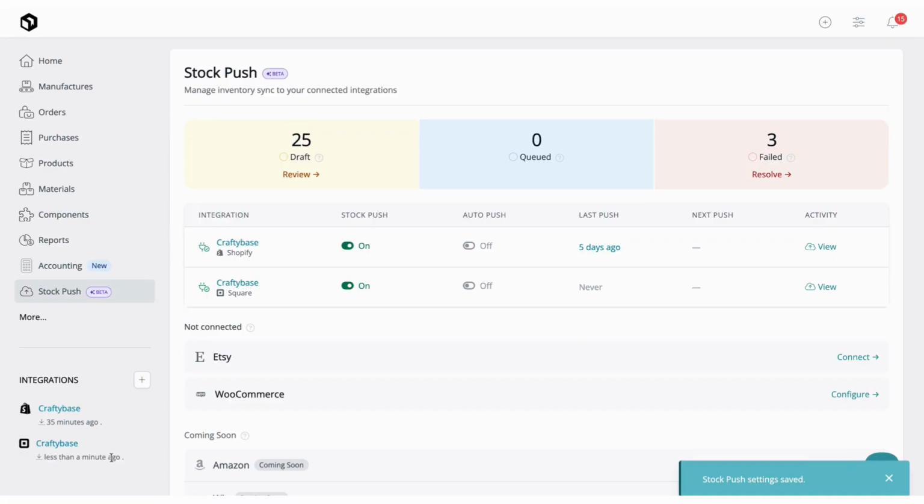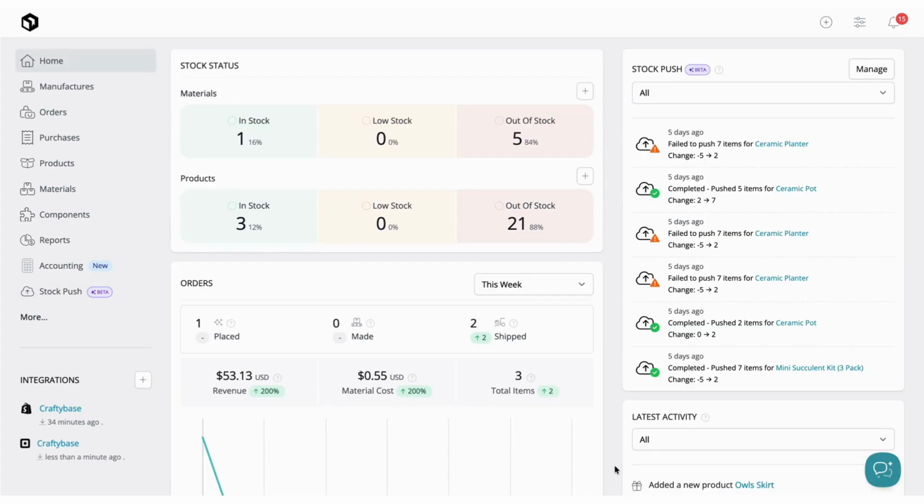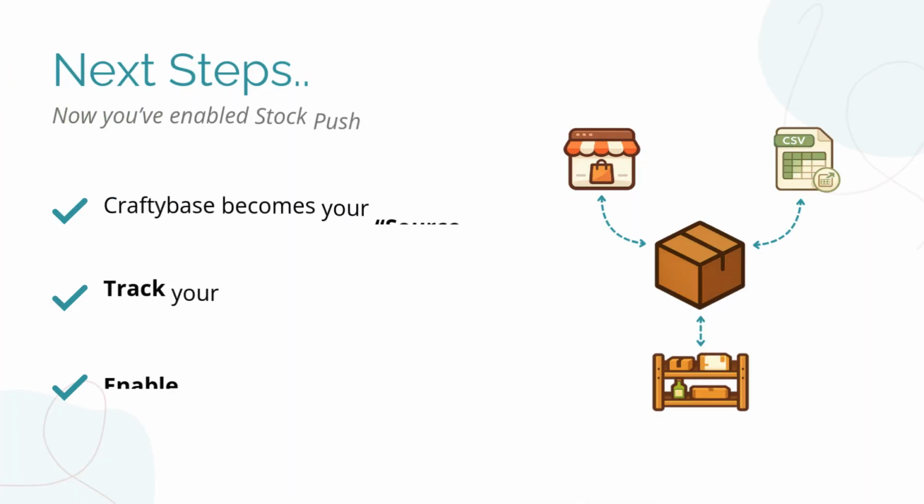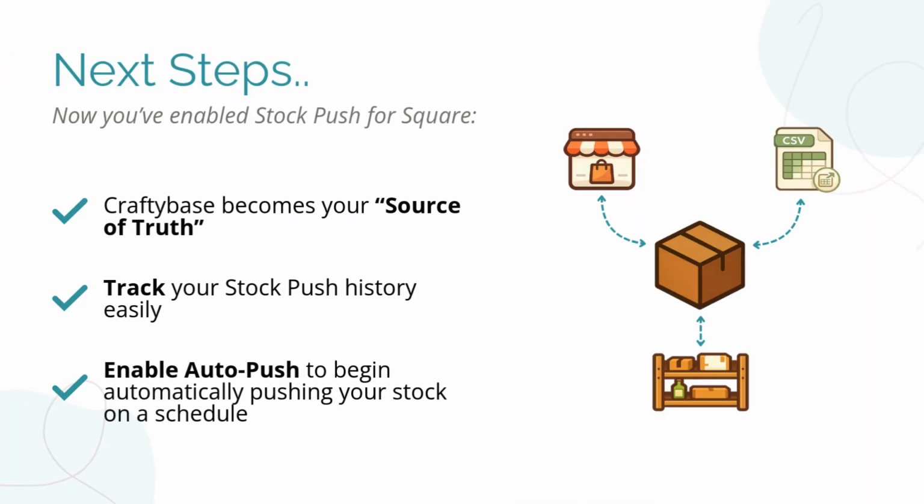Stock Push is now enabled for your Square store and monitoring for changes in your stock levels. For more information on how Stock Push works, feel free to watch our dedicated Stock Push video in this video's description. Now that you've got Stock Push enabled and working for your Square store, Craftybase can further become your one-stop